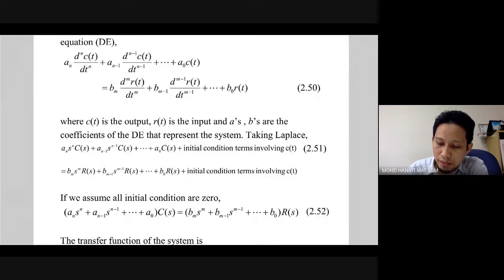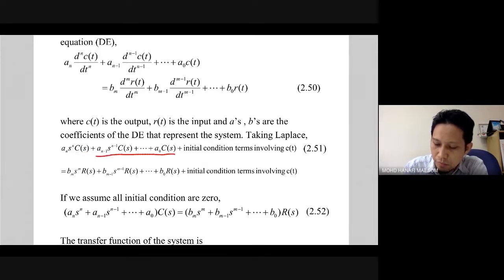When taking the Laplace here, a_n is a constant, so it does not change at all. So we have the nth order derivative of c(t) becoming C(s) with s^n, and then